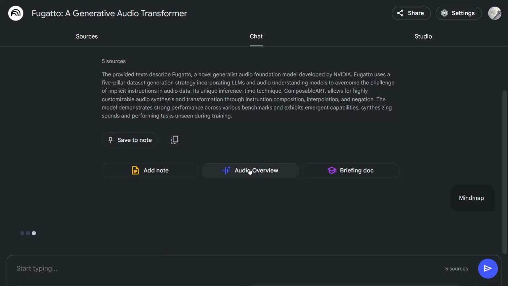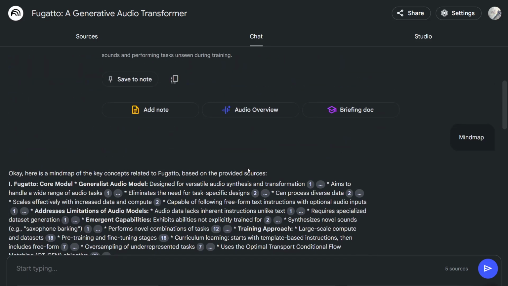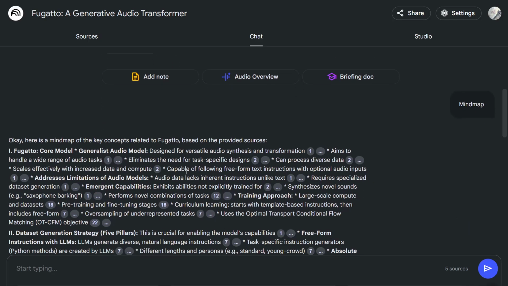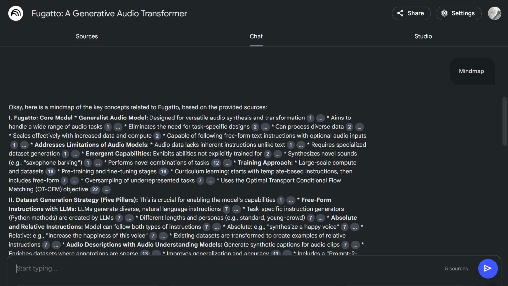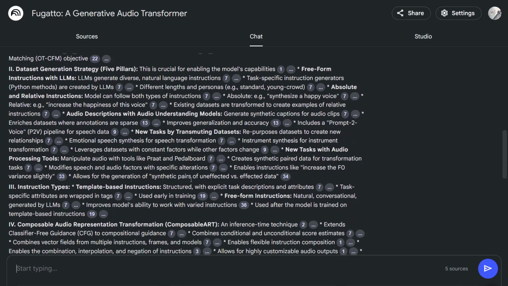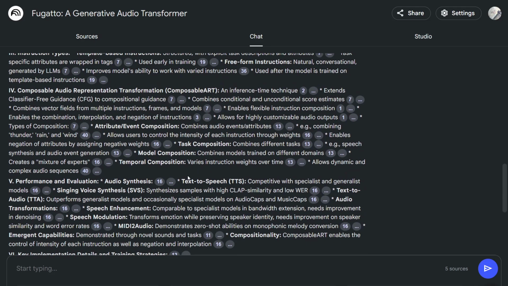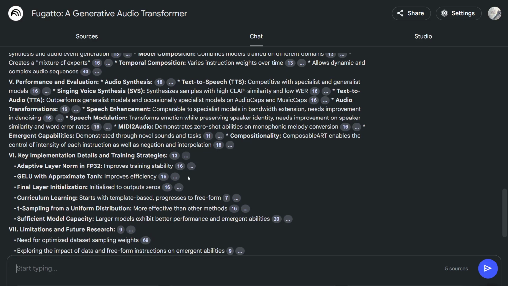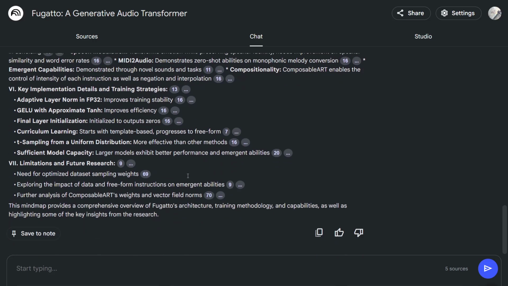It's like teaching a little kid to identify different instruments just by listening. But how do you teach a machine something so abstract? It's not like you can point at a saxophone and say, this is what a saxophone sounds like. Well, that's where things get really clever. Fugatto's training data isn't just a bunch of sounds. It's like a meticulously crafted symphony of instructions and descriptions and transformations, all designed to show the model the intricate relationship between audio and the words we use to describe it. I'm intrigued. What does this symphony of data actually look like?